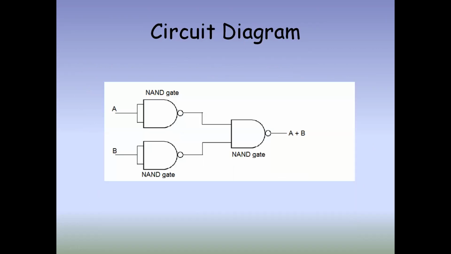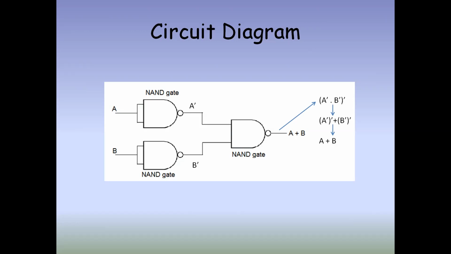How are we getting that expression? The first NAND gate output is A bar, the second is B bar, and the third NAND gate output would be A bar into B bar, whole bar. Using De Morgan's laws, if you simplify that, finally the expression is A plus B, which is nothing but your OR gate. If you observe, we need a total of 3 NAND gates to implement an OR gate expression.